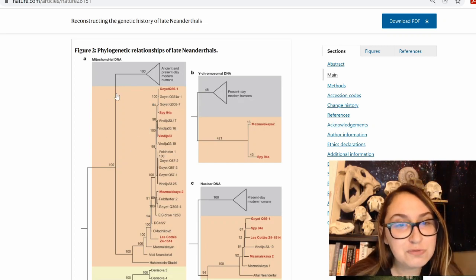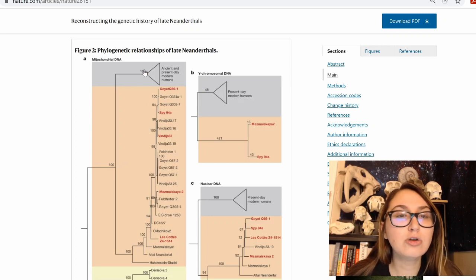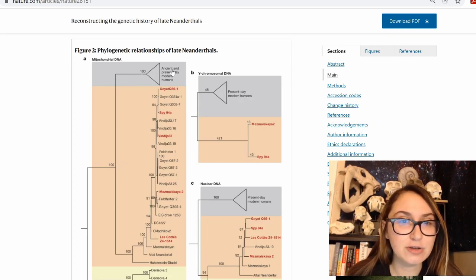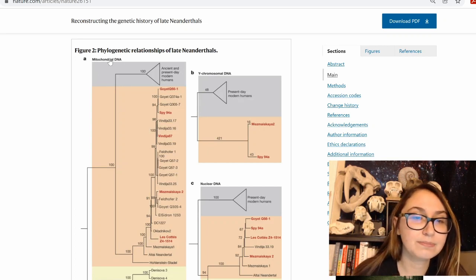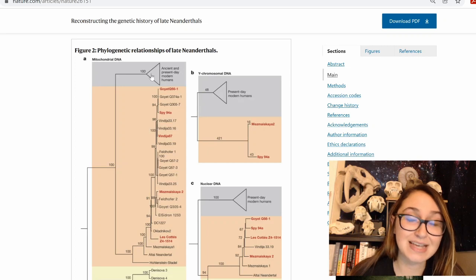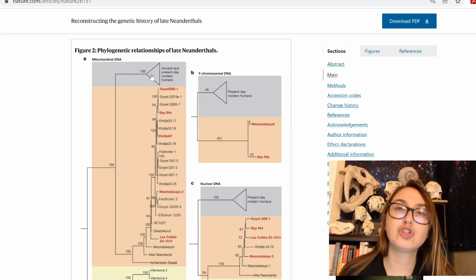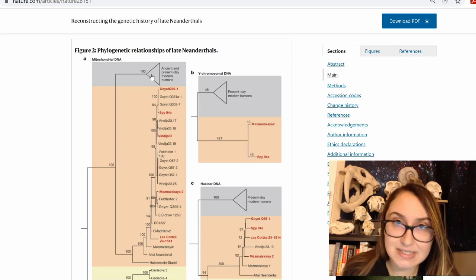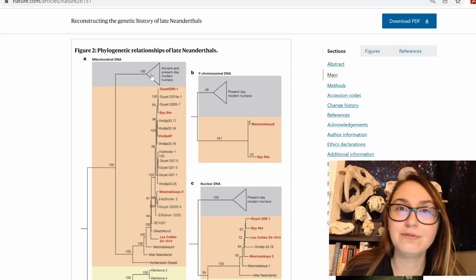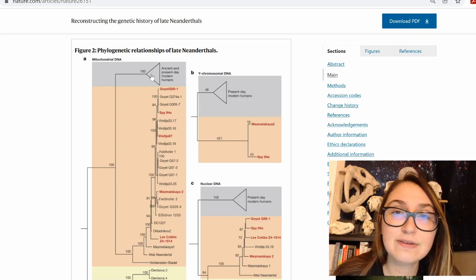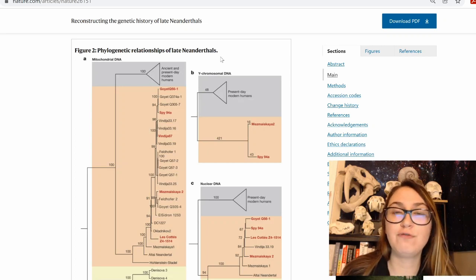And notice that most of these higher numbers are located at these big main splits, right? So you have ancient and present modern humans, and then respectively for mitochondrial, Y chromosomal, and nuclear DNA. And we have this enormously confident phylogenetic relationship showing humans as a sister species. So Sanford's chart, right, that Homo sapiens is actually the ancestor of things like Neanderthals, and that Neanderthals come from this degraded form of perfect Homo sapiens, is definitively not true, right? These guys are monophyletic groups.